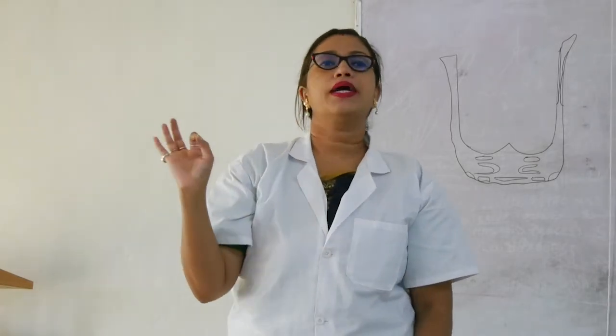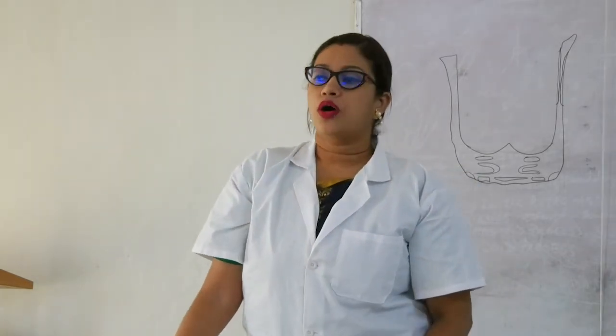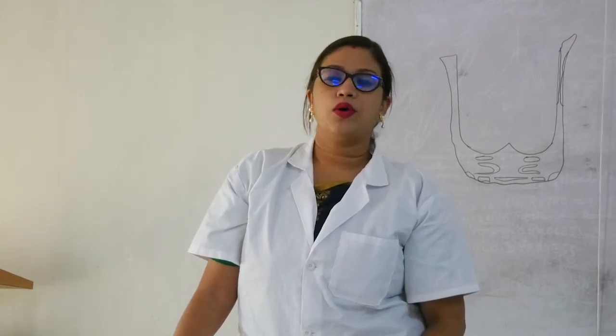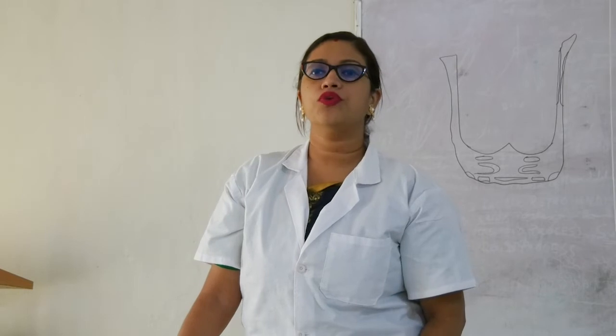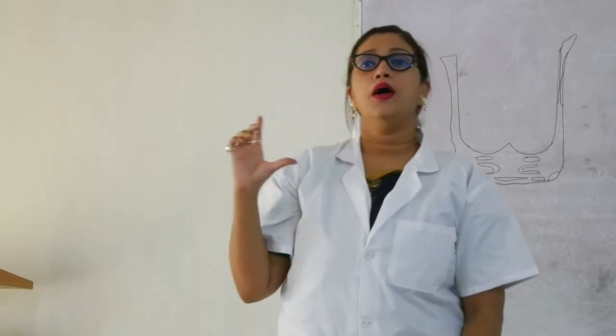Okay. Now what are the parts? Write it down. Which are the parts of the hyoid bone? So first of all, you could see that is the body, one quadrangular structure. It has the body. Okay. And on both sides